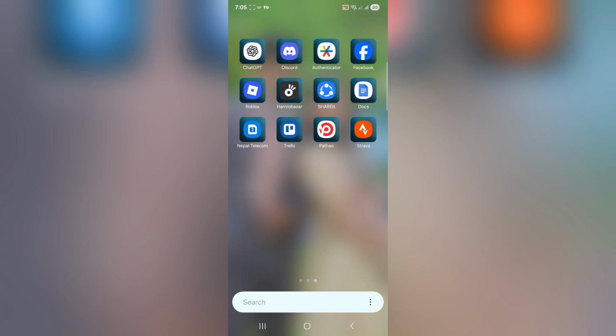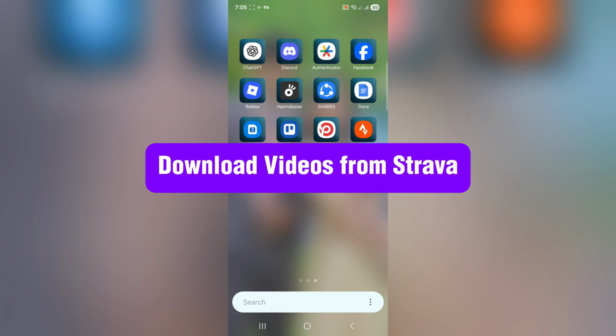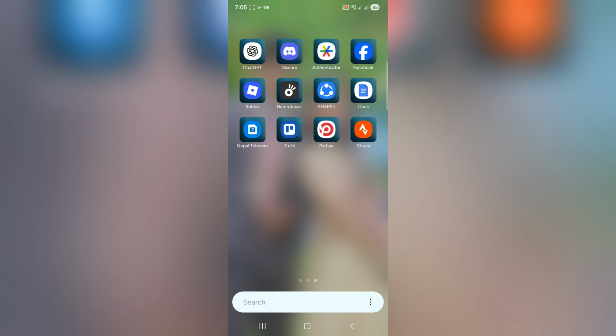In today's tutorial, we will learn how to download a video from Strava. Before we begin, it is important to know that Strava does not provide a built-in download button for videos. Inside the Android app, however, if the video belongs to you, there are still a few ways you can access